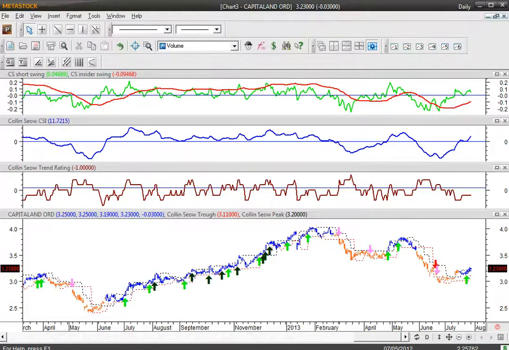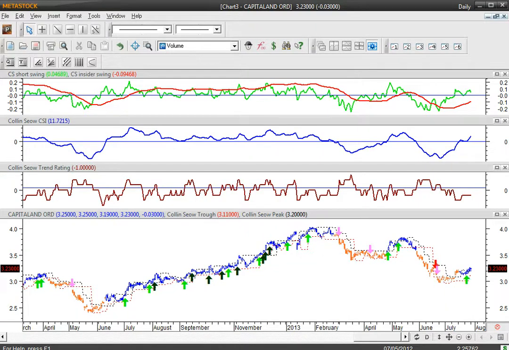Today is day 3. Let's revise what we've covered in day 1 and day 2. In day 1, we covered trend following, how you should add position when you're on the correct side, and when you should cut position or exit quickly when you're wrong. And in day 2, we covered what the CS insider swing is and what the CS short swing is. The CS insider swing, just to revise, represents the long-term investor, and the short swing represents